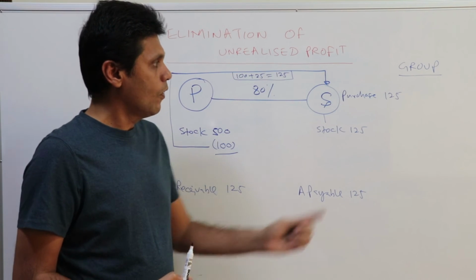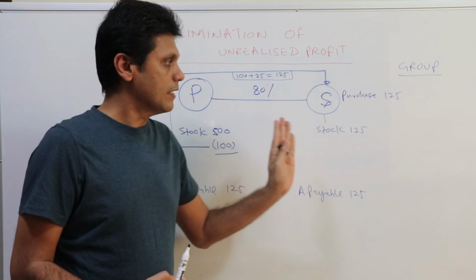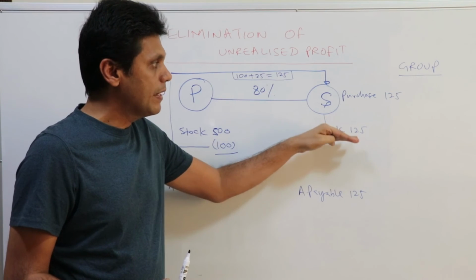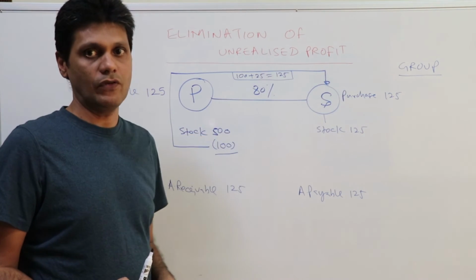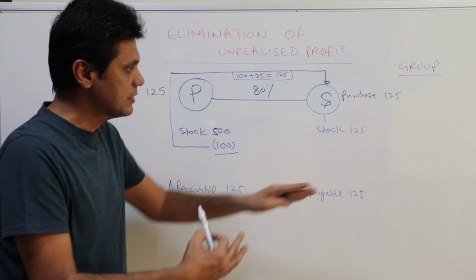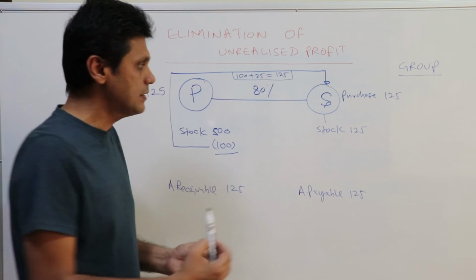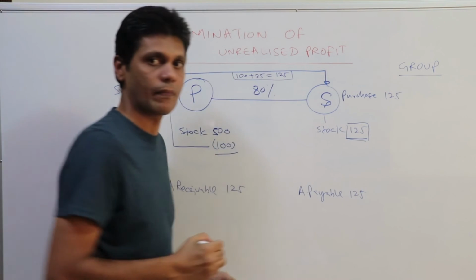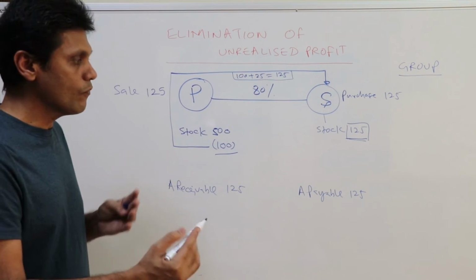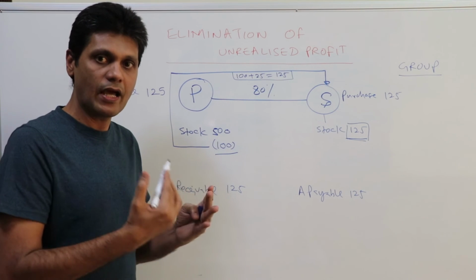Therefore, when it comes to the group, you can record the profit only when they make sales to outside customers. Then only will you realize the profit. As far as the group is concerned, this profit is not realized. That profit is included in these stocks. Now when you do the consolidation, line by line method,